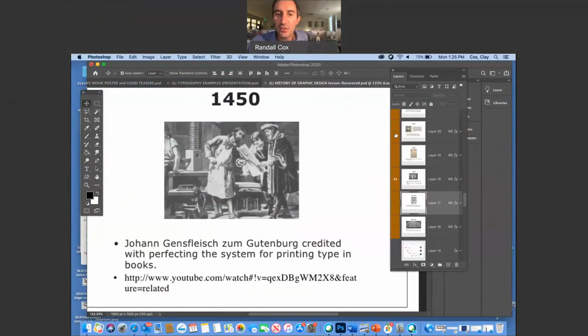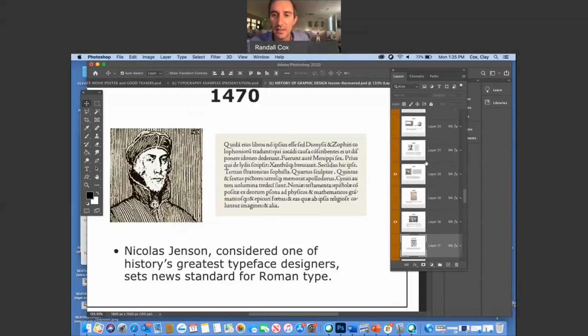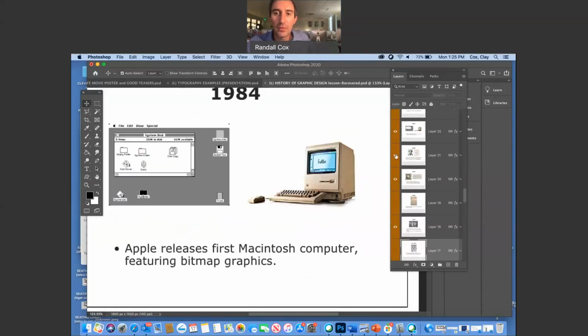And this guy starts coming out with different fonts. Some look more classy, some are more eye-catching, things like that. And so he starts selling them to, I guess, papers and print companies and things like that. He sold them to printers. Let's see, the Apple computer